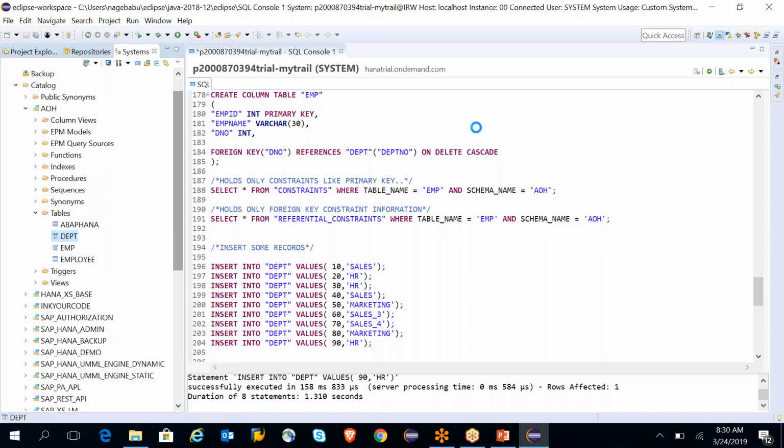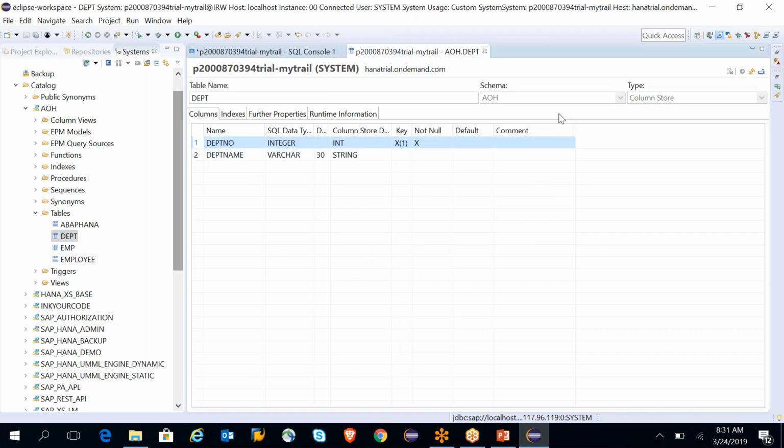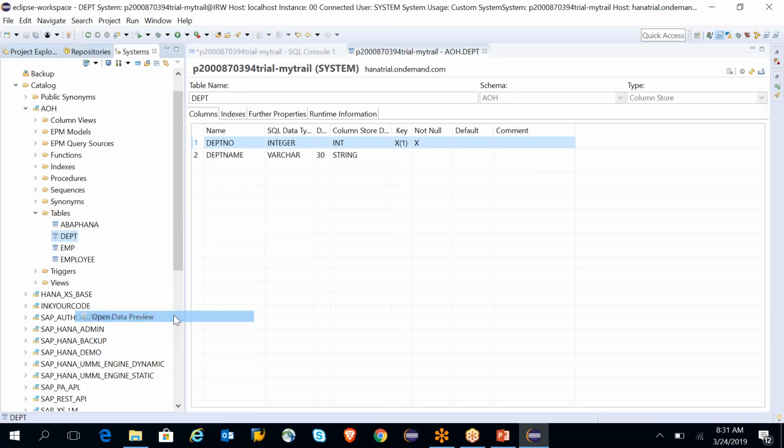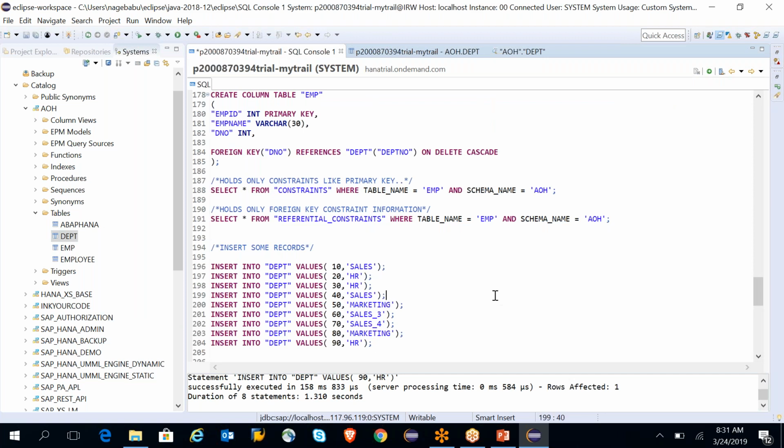If you want to see the type and all, you can see what type of table we created, column store. And if you want to see the data, right click and open data preview. So we have all the data available here. Okay,